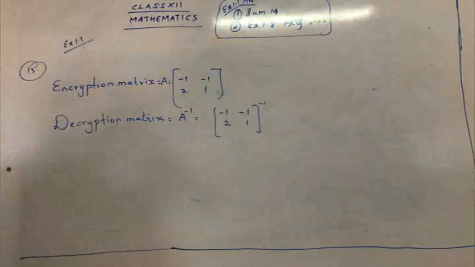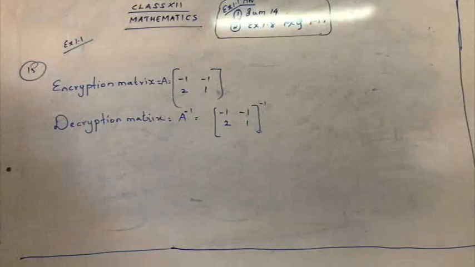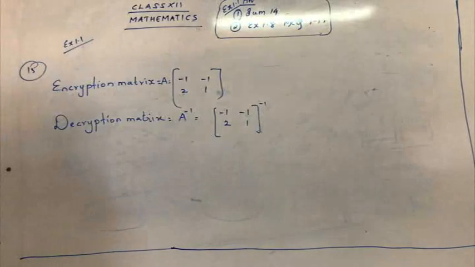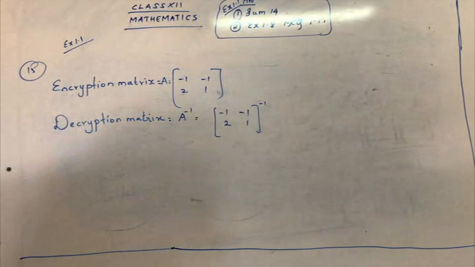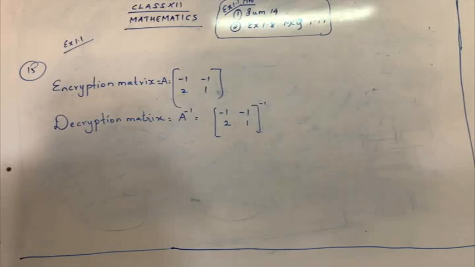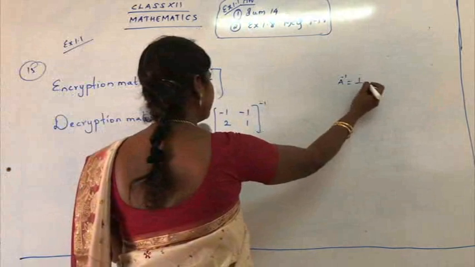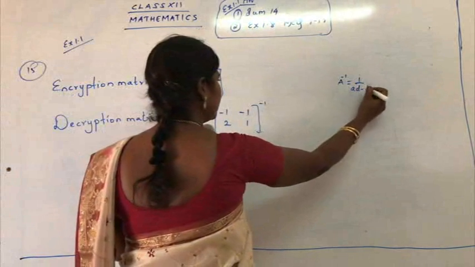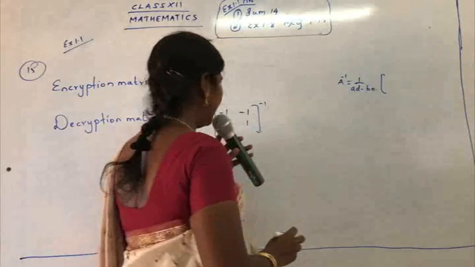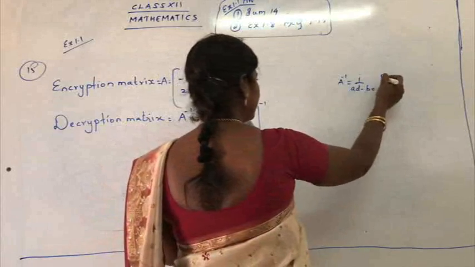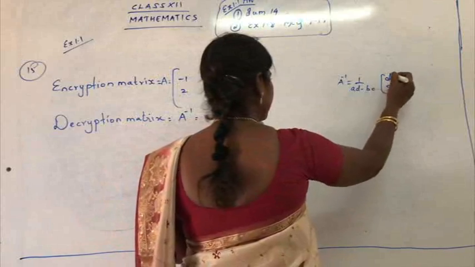So now you know how to go for the inverse step, yes, children? So let's see. It's a 2 by 2 matrix, so we can follow the step. What's the formula? 1 upon AD minus BC. A and D get interchanged. For B and C, we have to change the sign. You just write down the formula so that you will not get confused. You can just go with the answer clearly. So 1 upon AD minus BC, interchange A and D so it becomes D, A, and for B and C, change the sign.